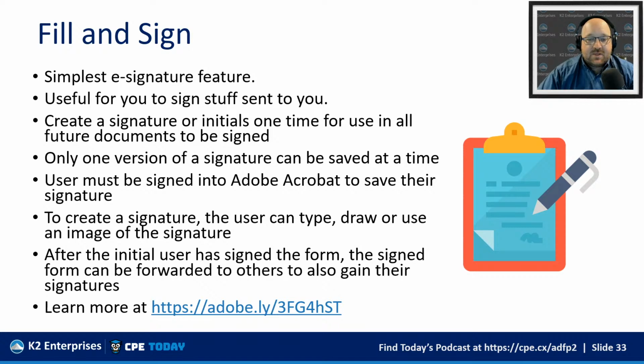What's nice about this is that if somebody sends you something and they want you to, for example, provide some information back to them, and they obviously intended for this document to be printed and for you to physically fill it out with a pen and paper and send it back to them,